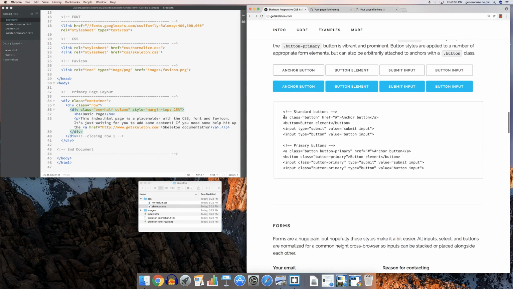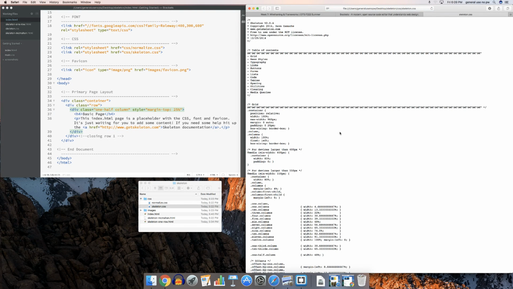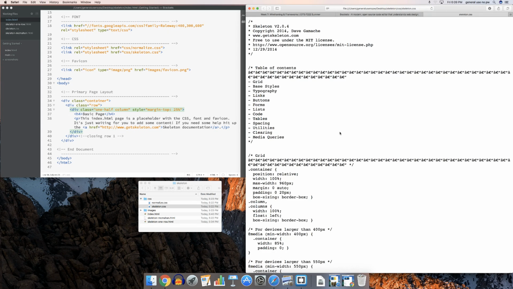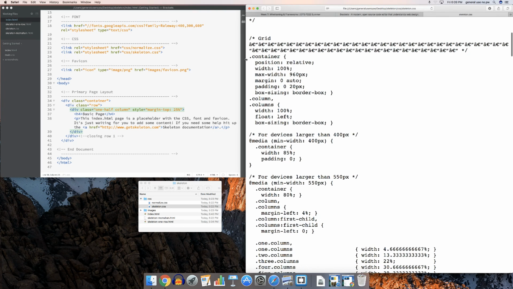Here you'll see the standard button use. This is how you would call the button. And let's go take a peek at the Skeleton CSS so that you can see some of that. This is going to be a little bit messy. I'm going to make it larger so you can see the container is defined. And each container has a max width, so it's set up for 960 pixels wide, and the padding is 20